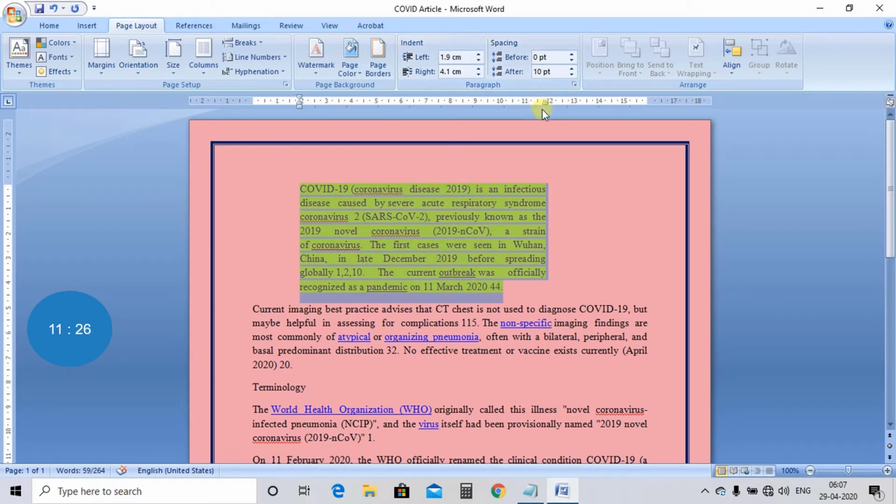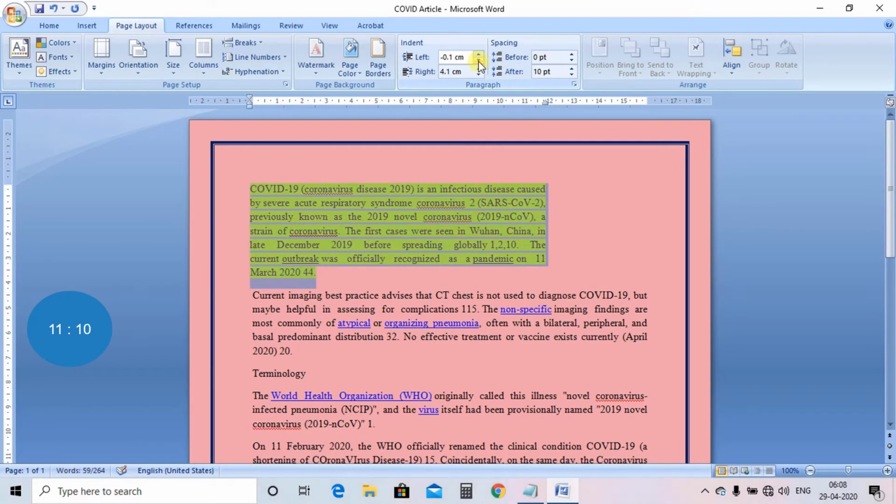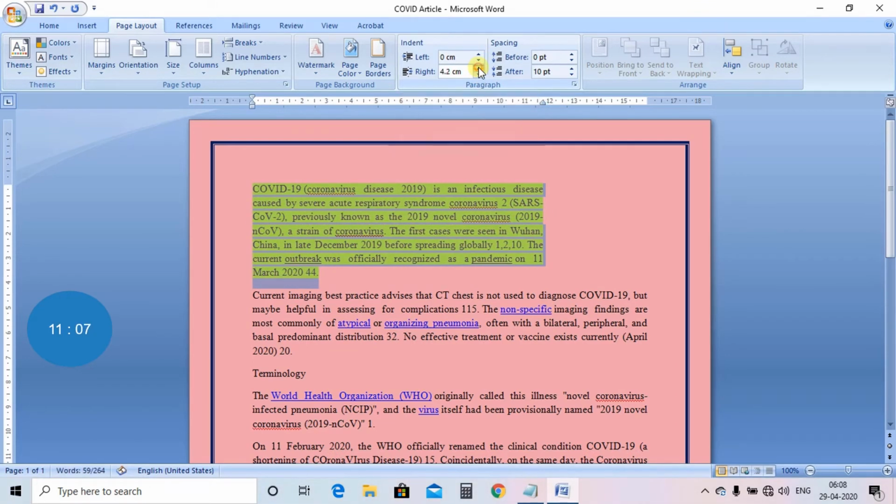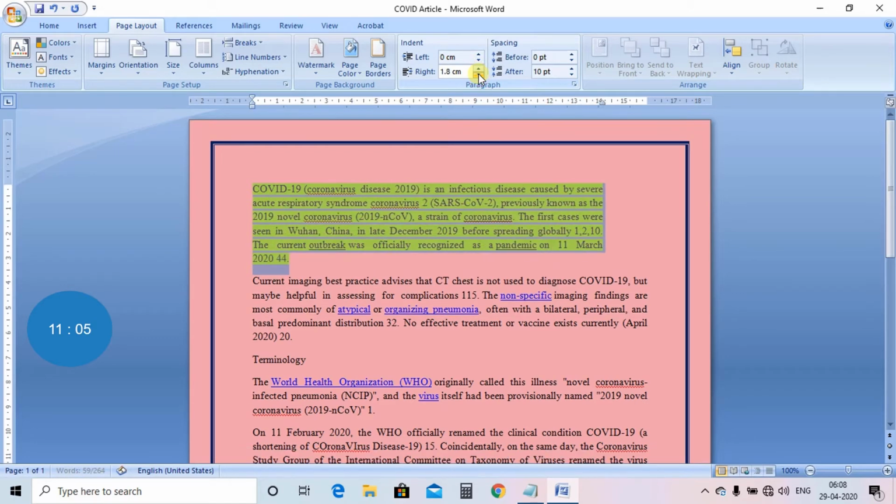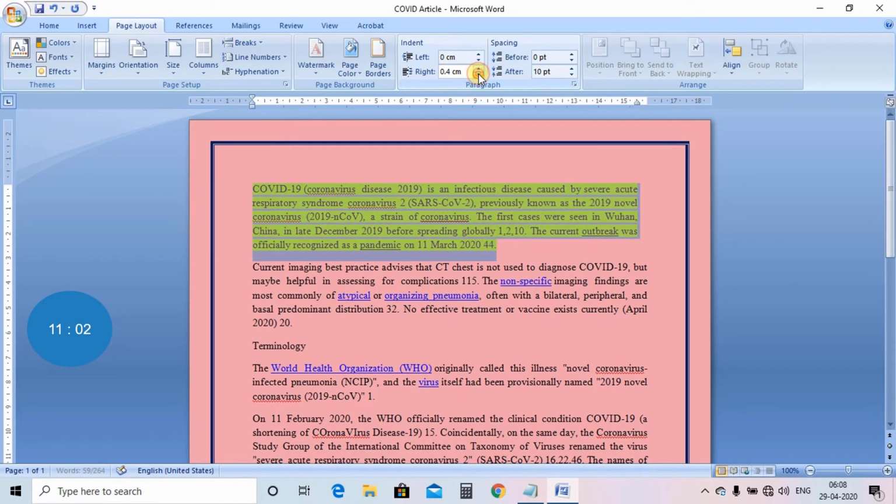You can see here, this is moving closer. This is the margin. Now there is a space between the margin and the text. Now this is called right indentation. So you can increase and decrease the indentation as per your own requirement. By default it is 0. If you want to increase or decrease the indentation, you can. So indentation means the space between the margin and the text. That is the definition for indentation.